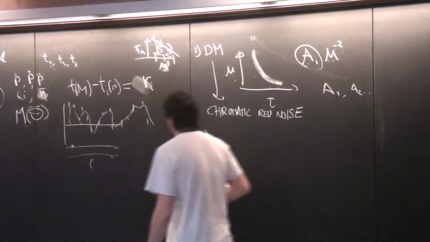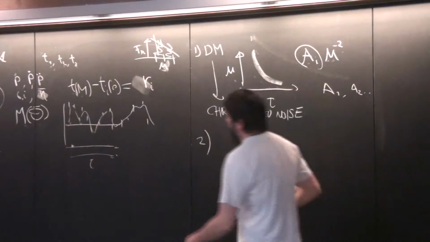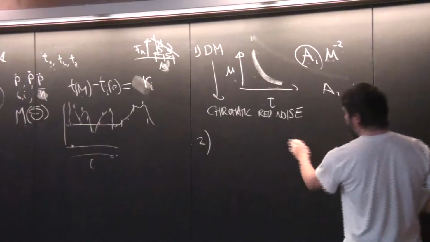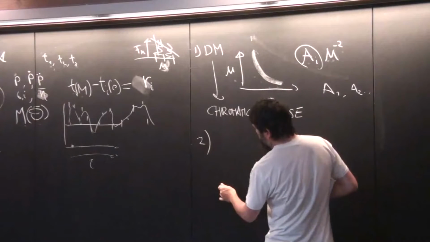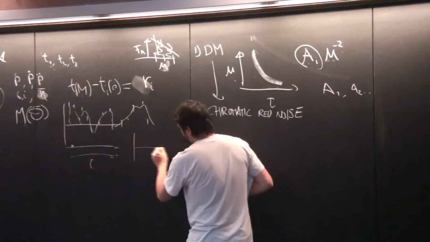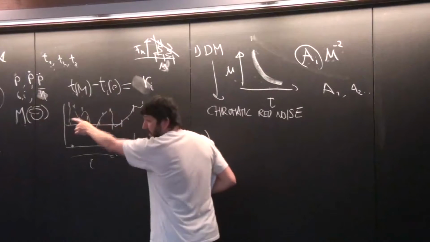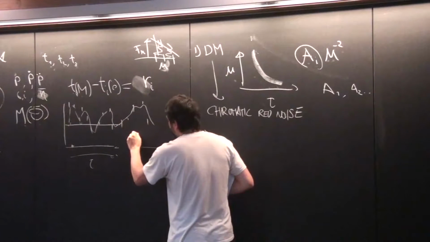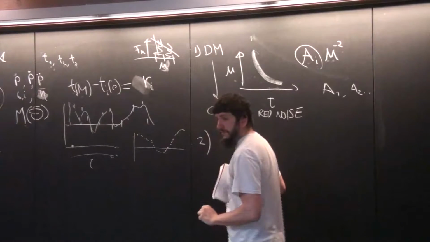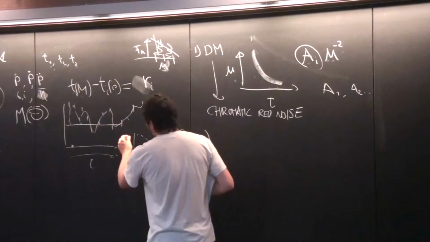And so what happens now, suppose I have my residuals. Now, I subtracted my timing model, and I have some residuals that do something like this. And let's say this is like,